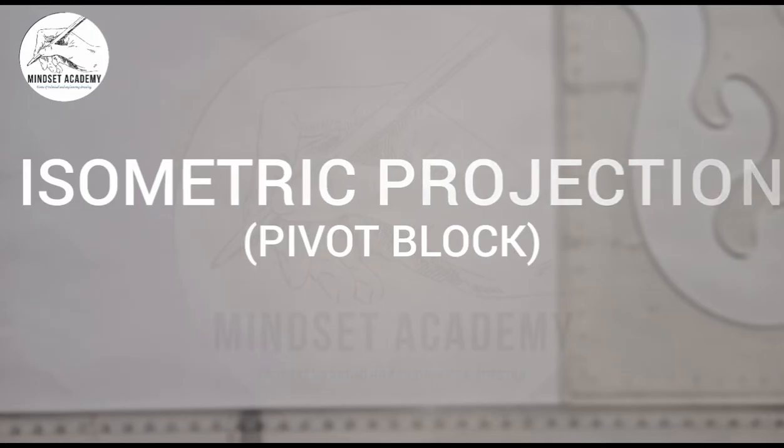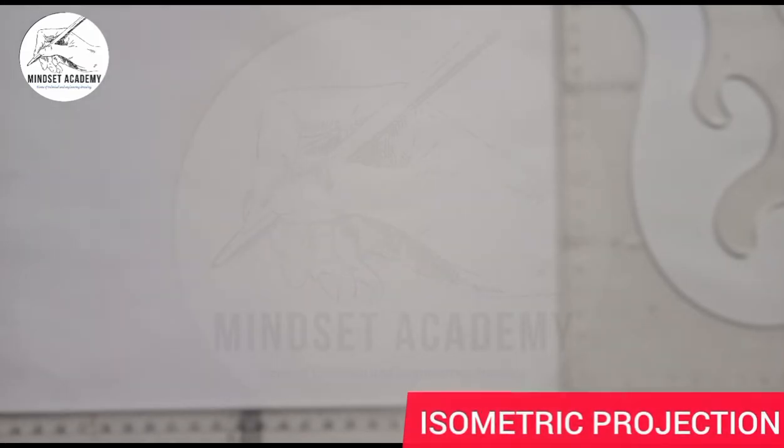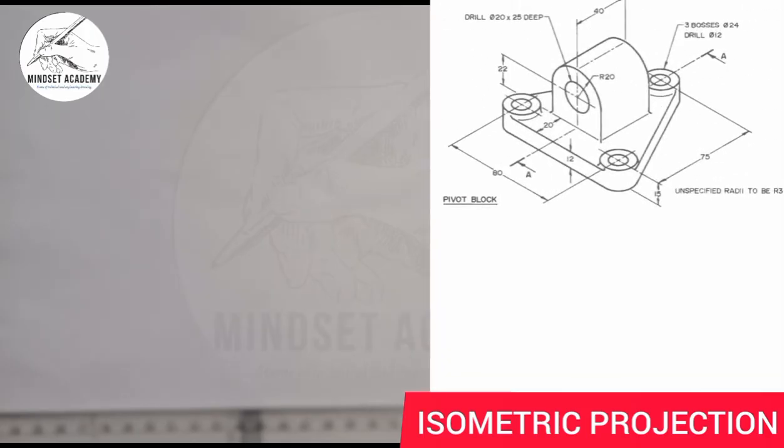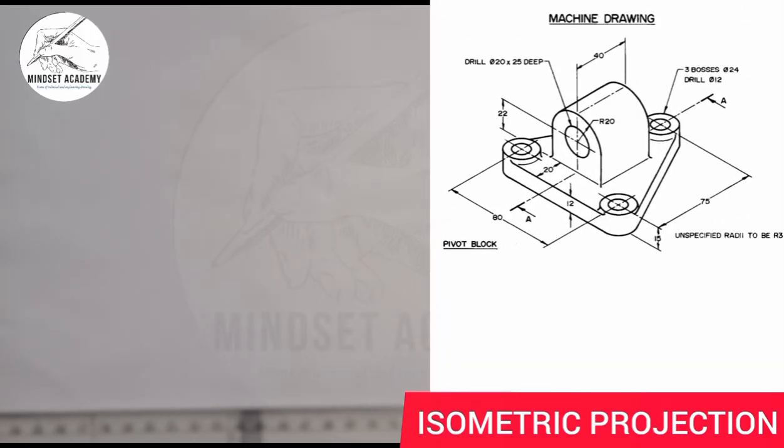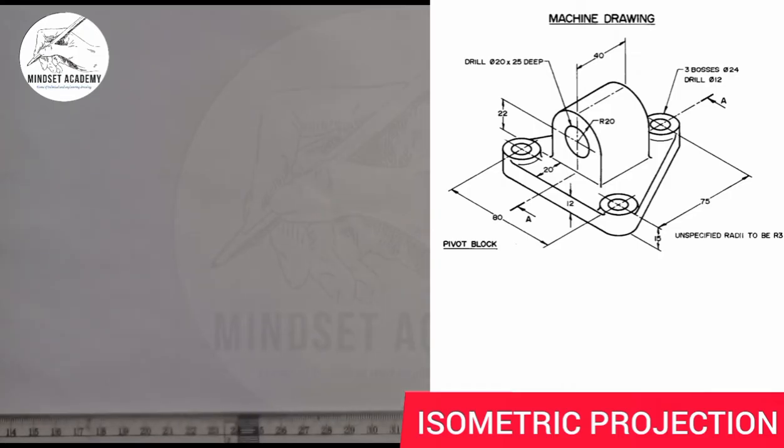If you look at the right hand side of the screen, you see a figure displayed there, and we are told to draw that figure in isometric projection. Now, when you hear the word isometric projection, the first thing you have to do is draw your isometric axes, your x, y, and what? And z axis. So you take your meter rule,